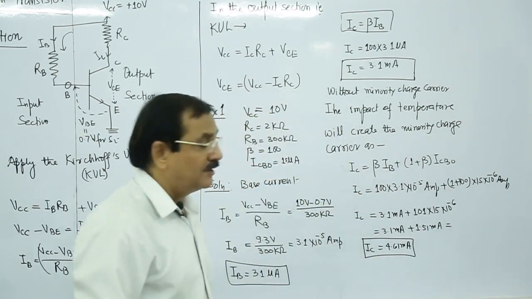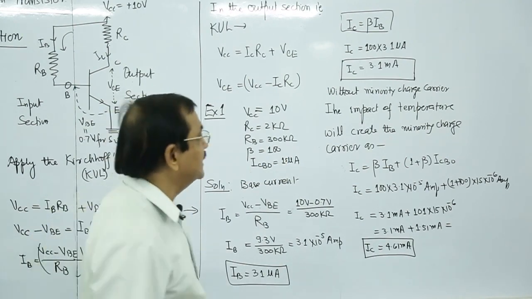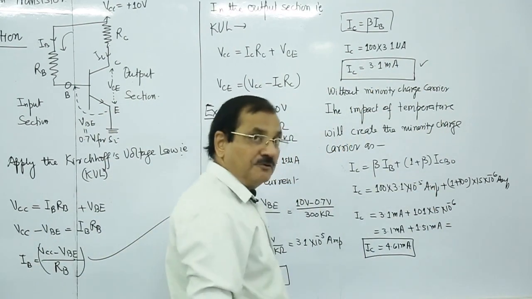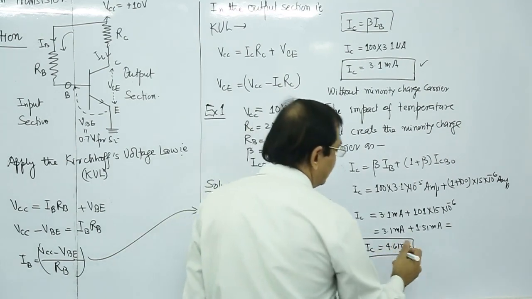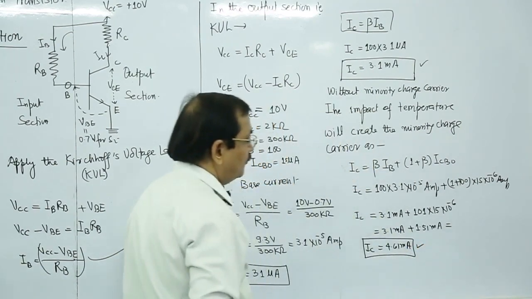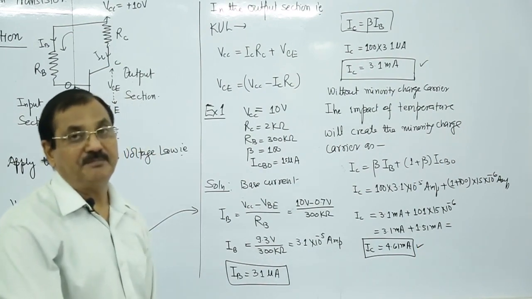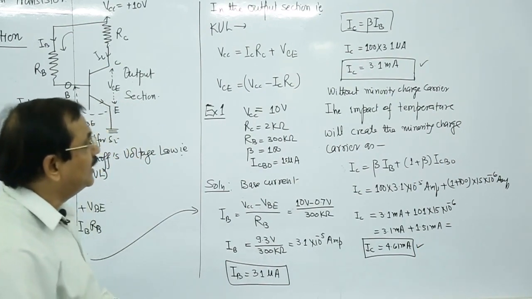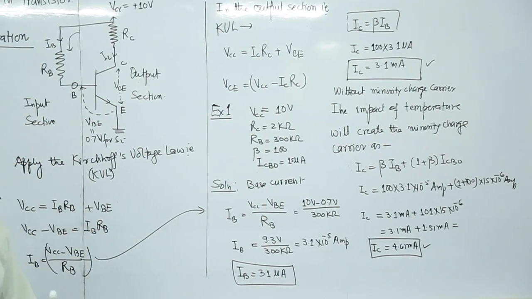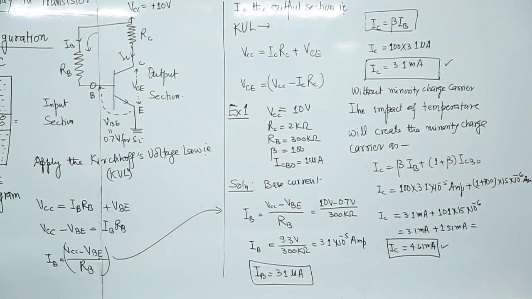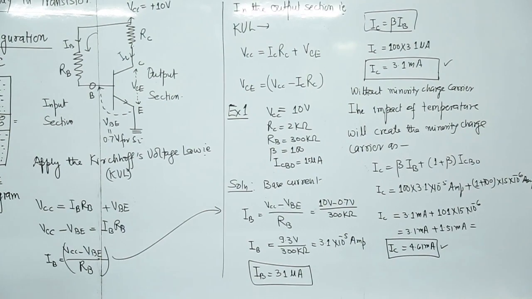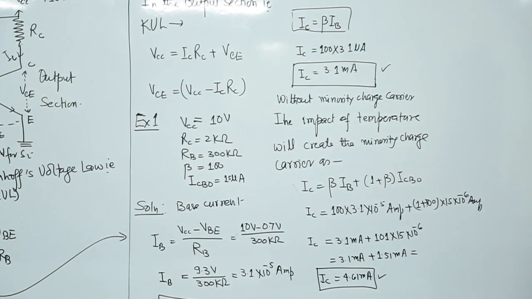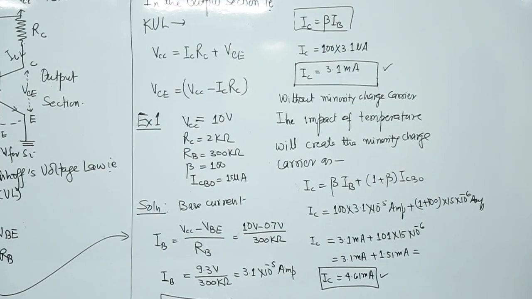So what do we find in this way? Without minority charge carriers, the current is 3.1 milliampere. With minority charge carriers, the current is 4.61 milliampere. So from this we can very easily calculate the percentage increase in the transistor current, that is